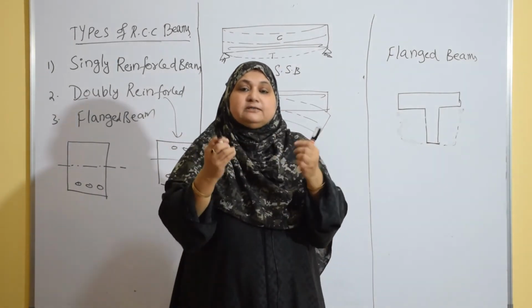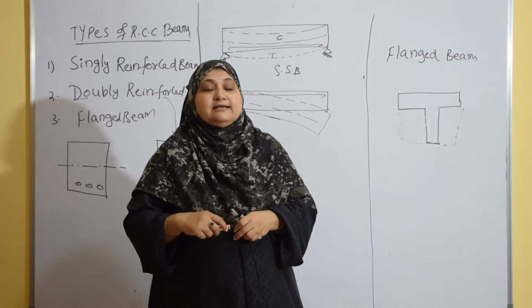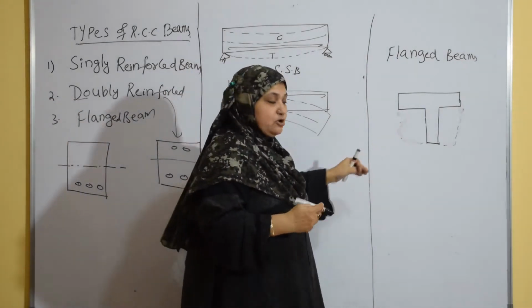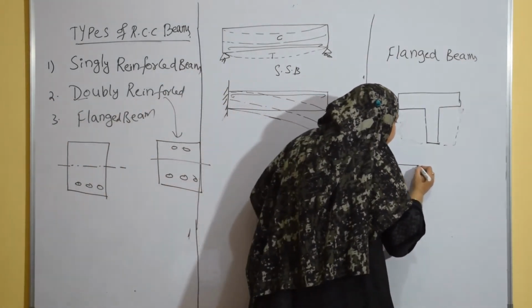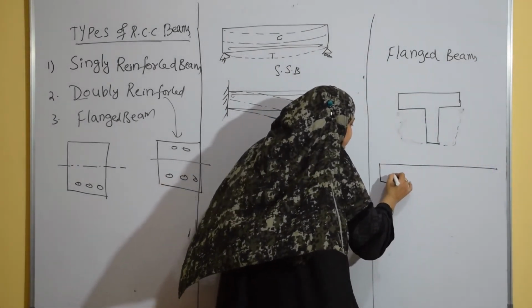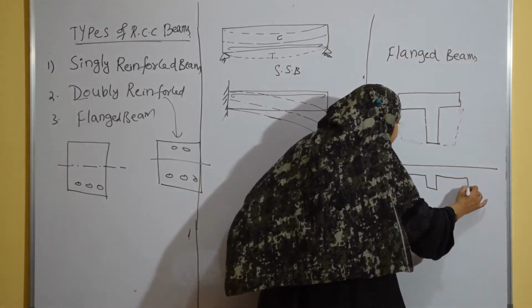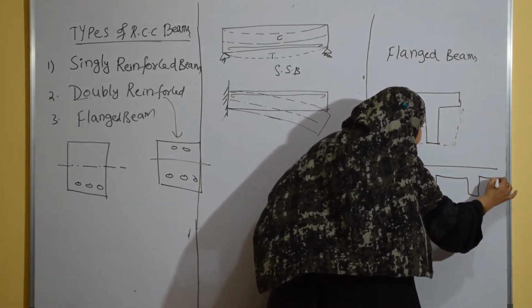When due to load the beam bends, even the slab bends. Such beams are called flanged beams. Now if I take a big hall, section I am showing you, you will get beams like this. At some interval you will get beams like this. You might have come across these.